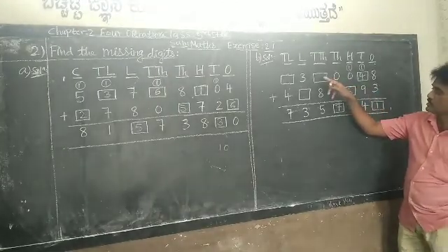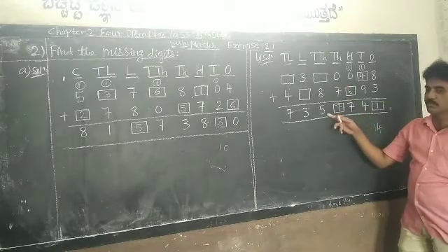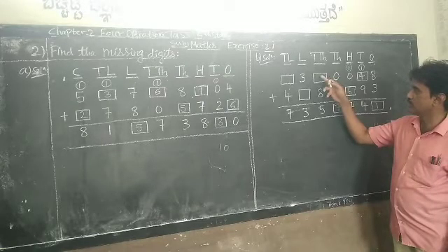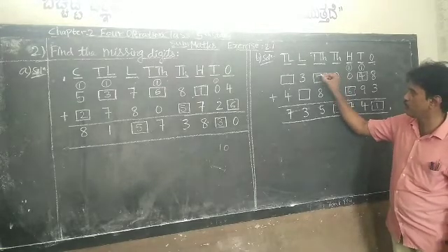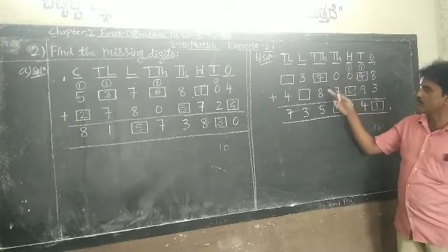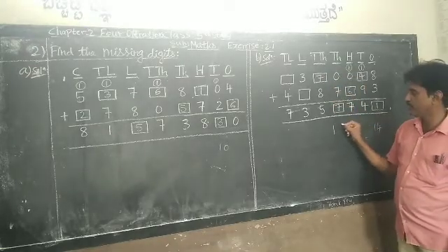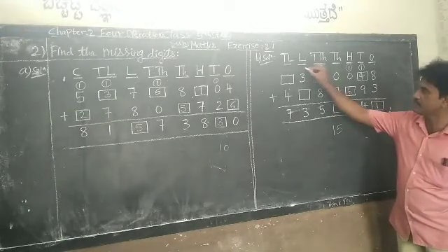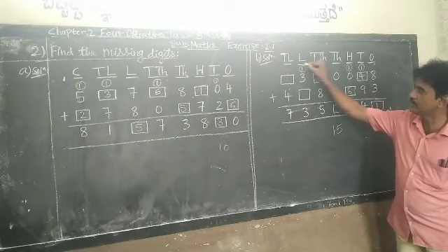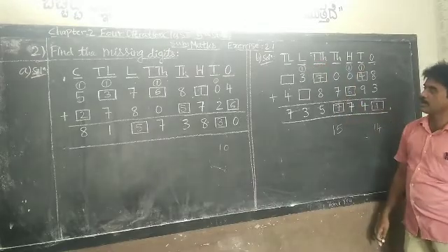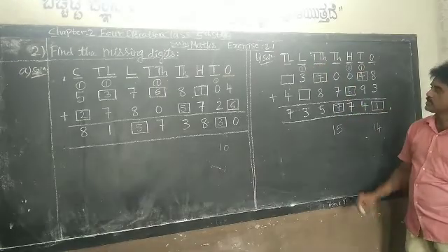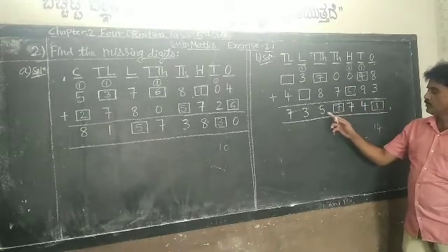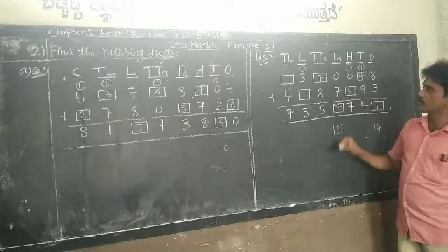Now see this box, dash plus 8. You must get 5. What number should you put? 8 plus 7. When you put 7 here, 7 plus 8, how much? You will get 15. So that is why this 5 will come down and 1 is carried. This 1 is carried to the last place. Understood? See, I have shown the carry. So this 5 is already there. That 1 is carried. Next go to the last place.